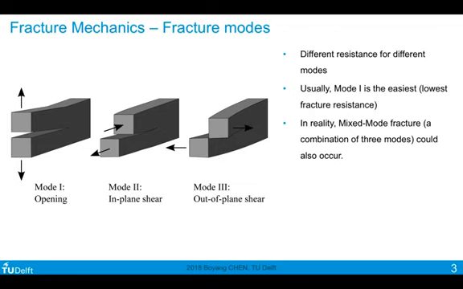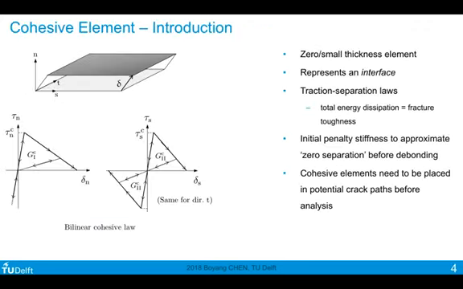Last week we've talked about fracture. We know that in fracture we have three different modes corresponding to peeling and the two shearing directions. And we have talked about the cohesive element, which is used to model crack propagations. It can be used to model both brittle materials and tougher materials. It is very versatile, but we need to know in advance where the cracks are going to appear in order to use this type of element.